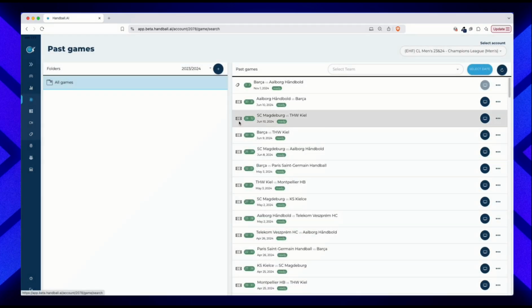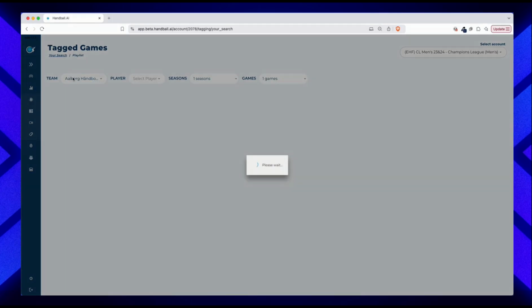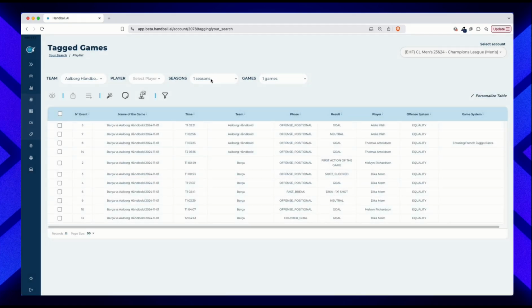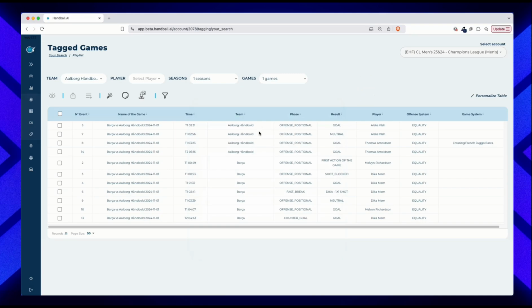Remember that all of these games are done in another mode, and these two are made with the tagging mode. Once you click on top, you will be able to select a team, in this case Aalborg, and it will filter automatically, and you will see the only game that you have here: Aalborg in offense and Aalborg in defense. You can select the offense events, the defense events. You can filter, if you wish, for the game system, filter all the options, share it with your players, create a playlist, and then